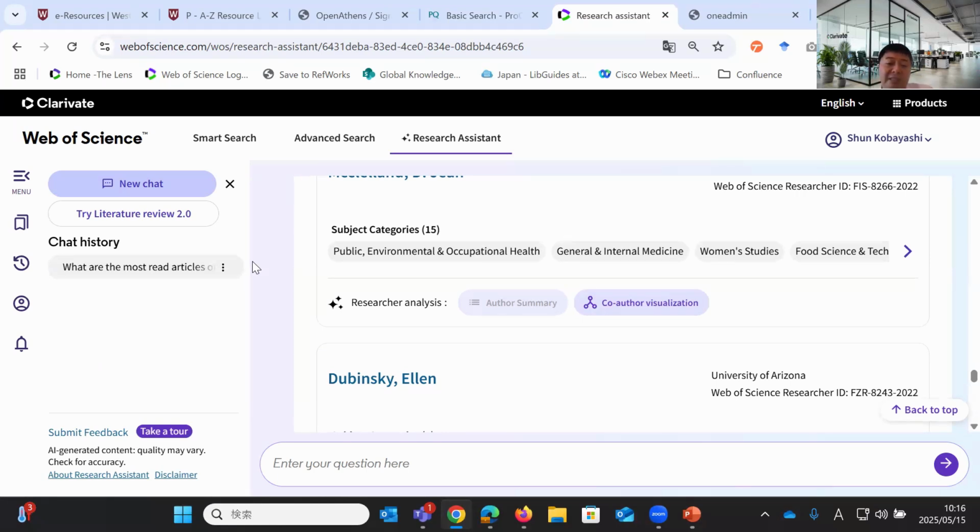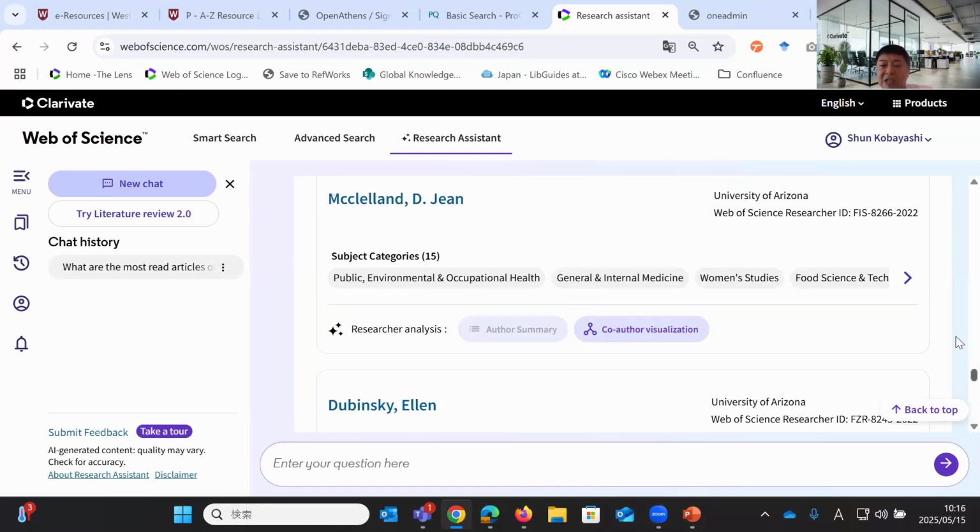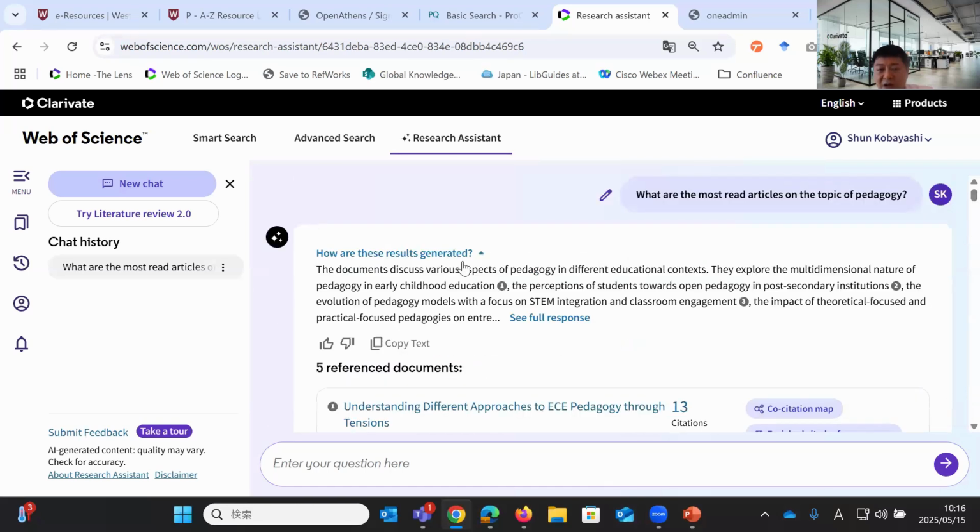But this is a little different to ChatGPT. It is conversational. However, what we do is our AI tries to understand your question and turn that into search strategies, into keywords, and it does the complex search on your behalf and retrieves the answer for you, right?